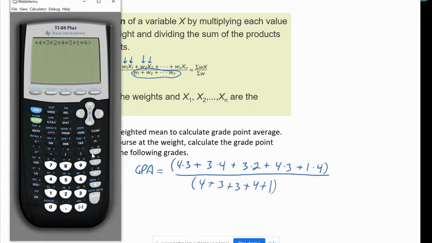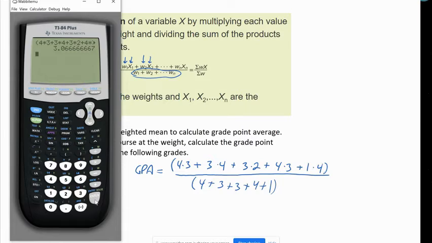Close the parentheses, then divided by, now I need new parentheses for the bottom, 4 plus 3 plus 3 plus 4 plus 1. And so when I complete that division, I get 3.06 repeating,